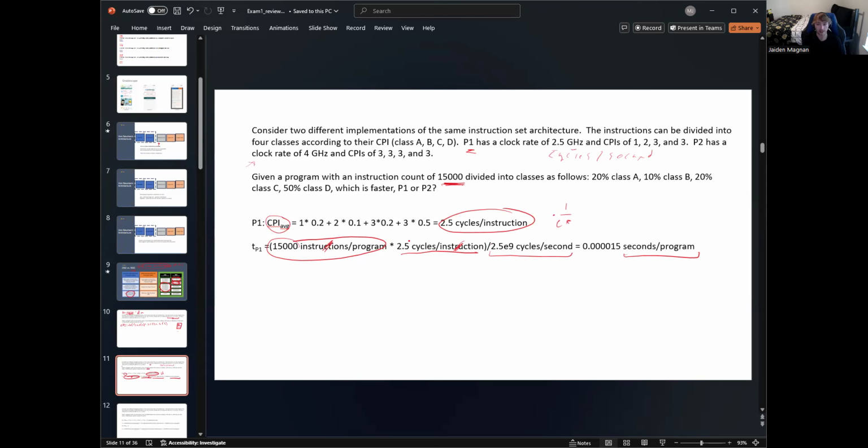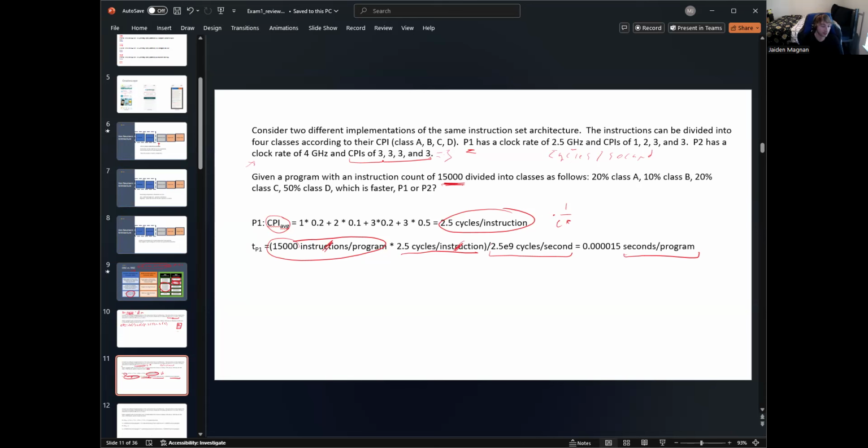So processor two is going to be literally the exact same thing, except you're going to use different CPIs for your weighted average. So here, instead of times one, times two, times three, everything will just be three, which you'll see, the average of this is just three, no matter what the weights are. And then